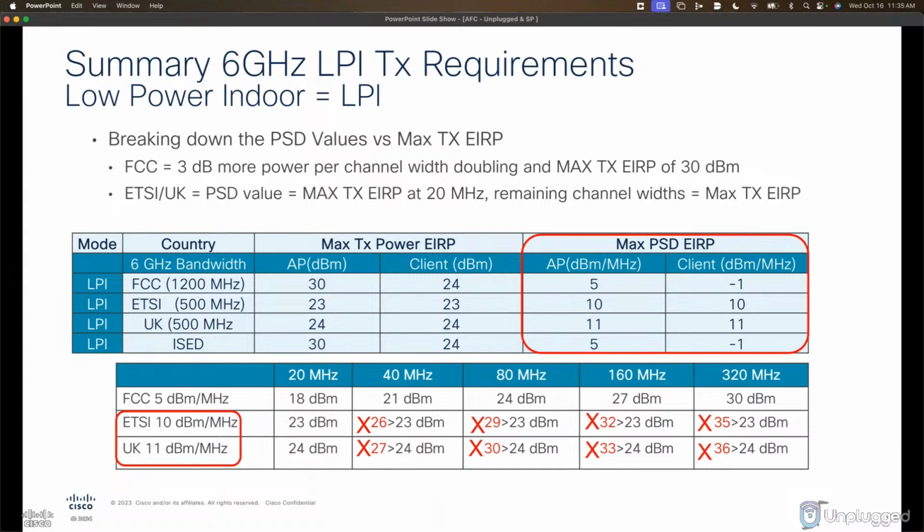The maximum power spectral density for EIRP is 5 dBm per megahertz, and the limitation of maximum TX power is 30 dBm. So in the US, every time we double our channel width, we get 3